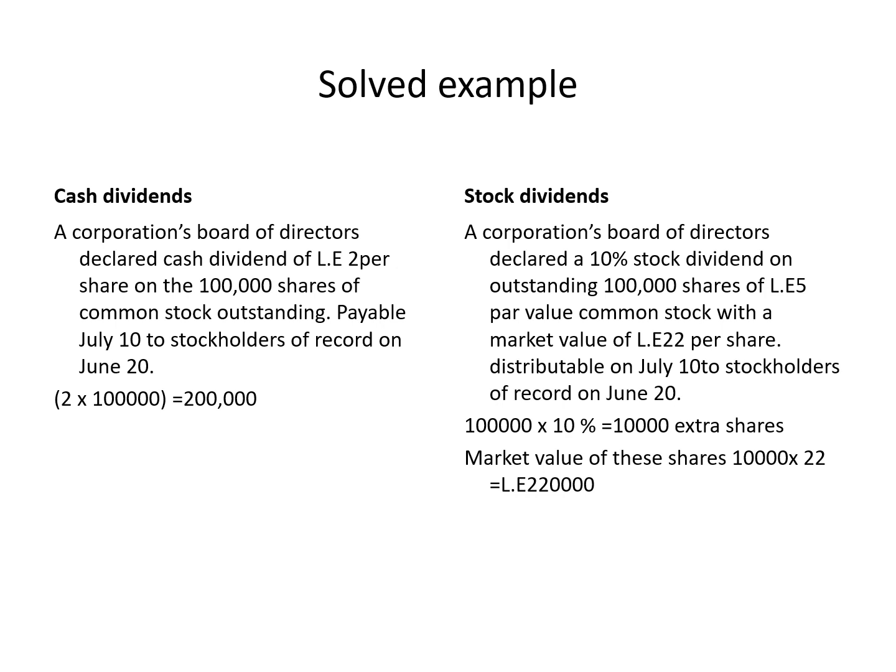Also, again, we are not preparing a journal entry on the date of record. Then you need to multiply 100,000 shares, the number of shares deserving to get the dividends, by 10%, the percentage declared by the board of directors to be given to shareholders. You get 10,000, the number of extra shares to be distributed to shareholders as dividends. These 10,000 shares will be multiplied by the market price to know the market value. The market price is 22 times 10,000 extra shares, which is 220,000.